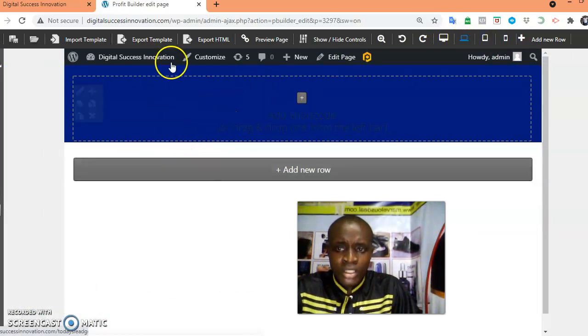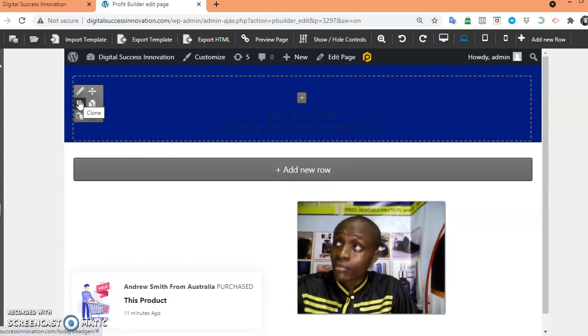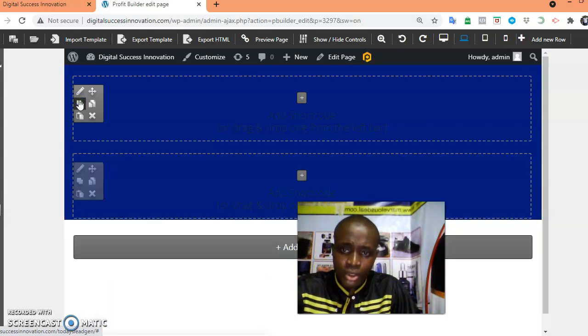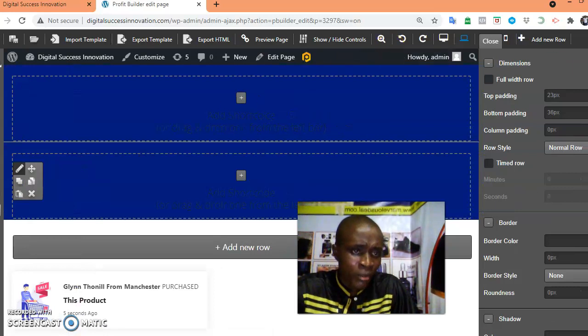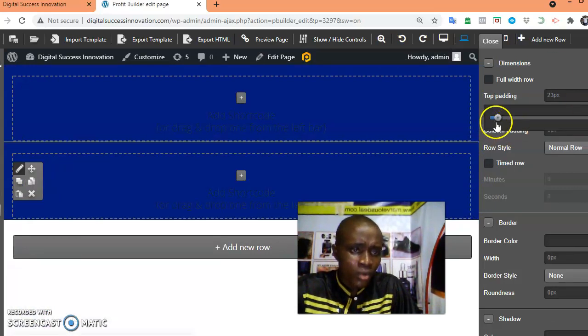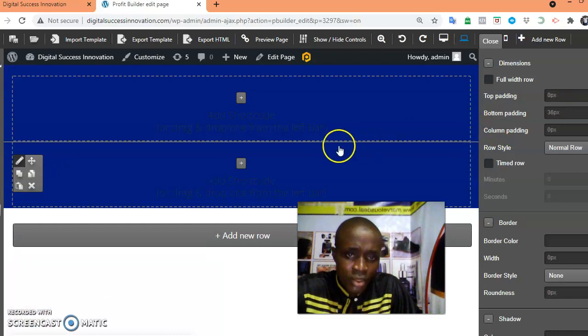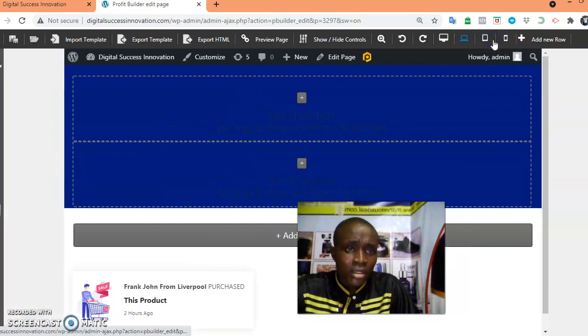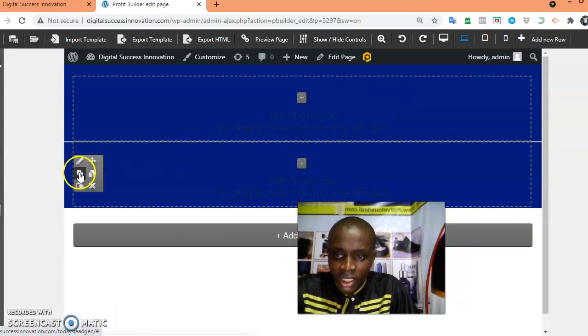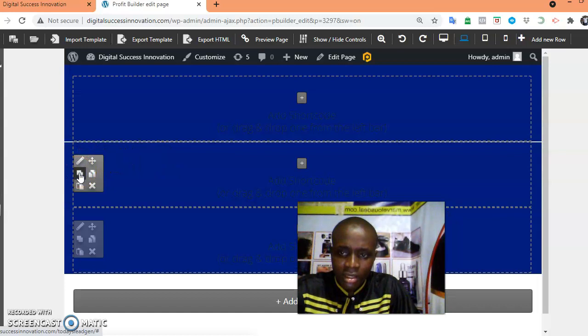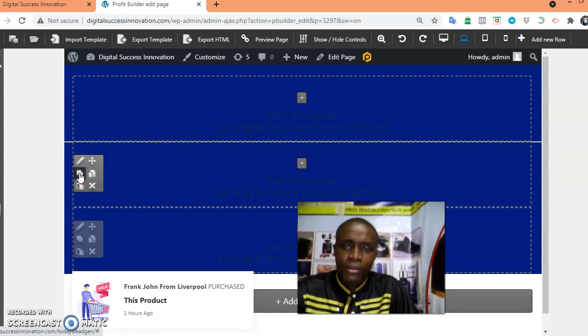Now we need to duplicate this same first column. Let's duplicate it. It has come to 2 now. But before that, let me adjust it. Let me shift it closer. I don't want any margin at all. I want it to be closer to the topper one. So this is what I do. I'll come here, then adjust it. So it's moved up now. It's awesome now. Then I can continue the duplicating. I'll duplicate it one more time, making it 3. 1, 2, 3. So let's stop at that.